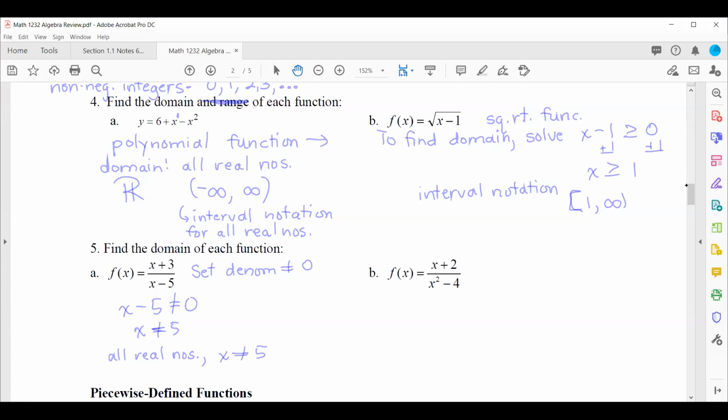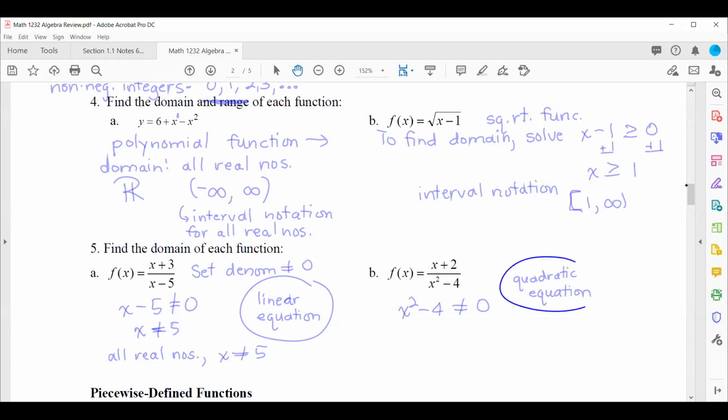Same thing for part B. I'll take that x squared minus 4, but it can't equal 0. Now, let me just remind you of some terminology. The equation over in part A that I solved, that's called a linear equation. This equation in part B, this is a quadratic equation. And the methods for solving these are different. Linear equations, pretty straightforward. Get the variable by itself. For a quadratic equation,